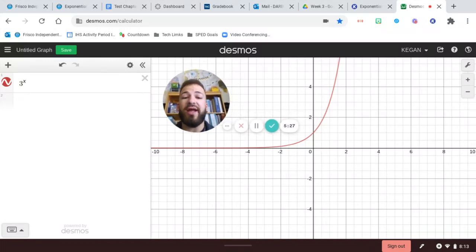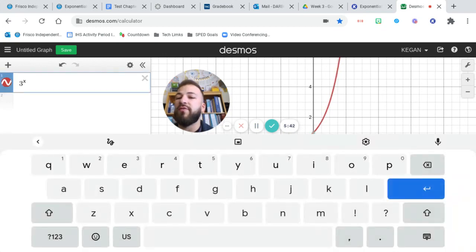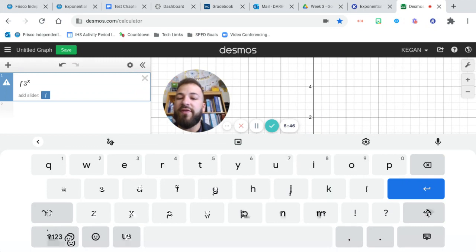Now we're going to actually talk about how to graph this by hand, but the nice thing is you're always going to have this Desmos calculator, so you can just stick your exponential function in to kind of see the shape and see what the graph is going to look like. Okay, so this would be 3 to the x, or of course, if we wanted to be more specific, f of x